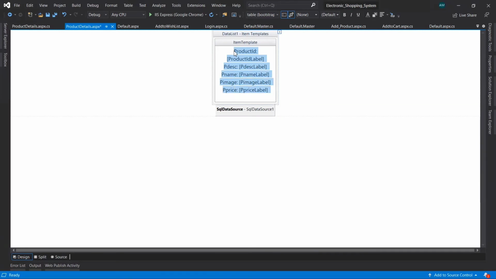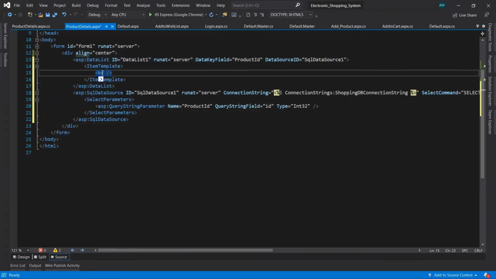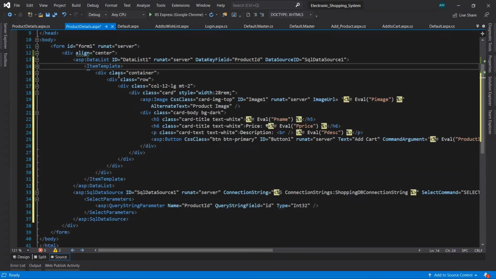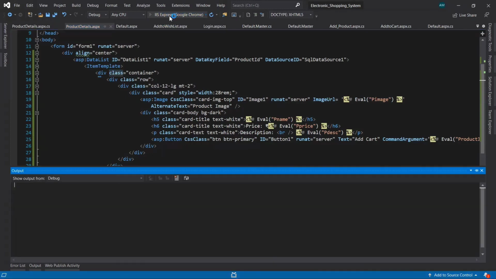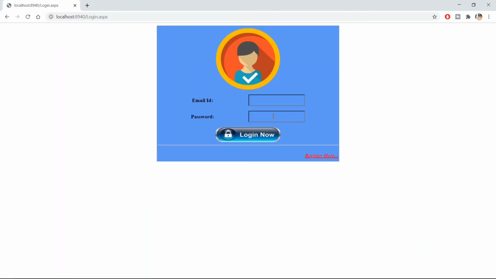I have removed all the content from here. Now I want to place my own content inside this item template. So I am pasting my content here inside the item template which we have seen earlier. So now it should work. Let's save it and run it. Let's log in.